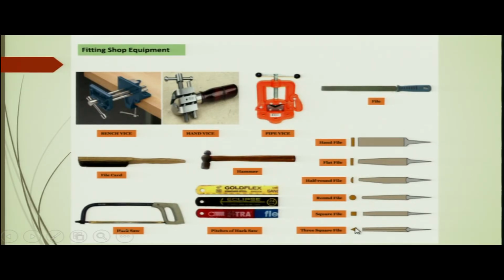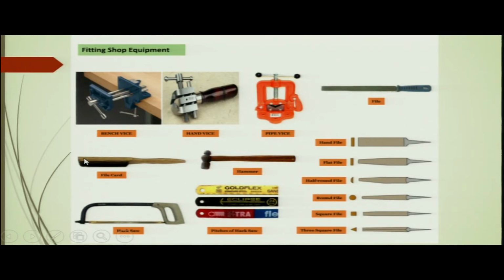This is a triangular shape, and it has a certain purpose of filing square holes, for example, where you have the edge, and this edge will coincide with this edge here. There the three square files are used. Here you can see the file card. So, this is the wooden file, and on that wooden file different types of files can be